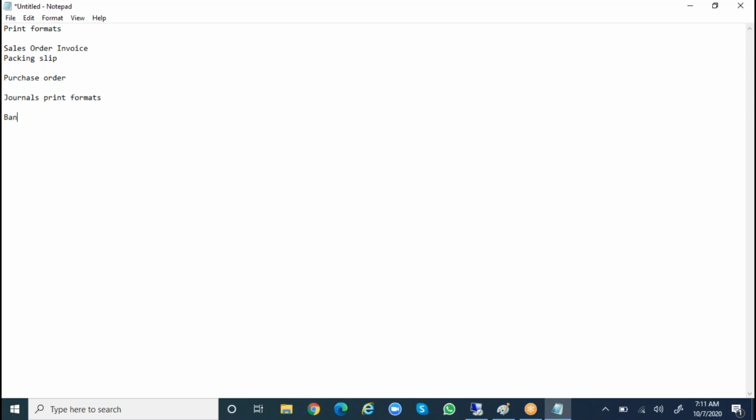Okay. Next, one is bank check. You are generating a check, that also you need to customize. It's not like customization, you need to verify the alignments. Understood? Yes. Whenever you are doing check out, this bank check print format also you need to customize. These are the minimum customizations you need to do for any organization.